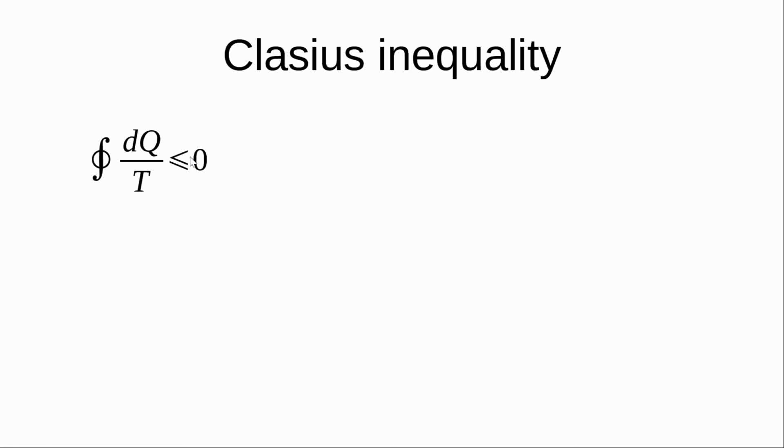0. Mind you, this quantity dQ by T is not entropy. All that the cyclic Clausius inequality says is that if an integral of the summation of all the dQ by T is done on an irreversible cyclic process, that is going to be less than 0. For a reversible cyclic process, the summation of dQ by T is going to be equal to 0.